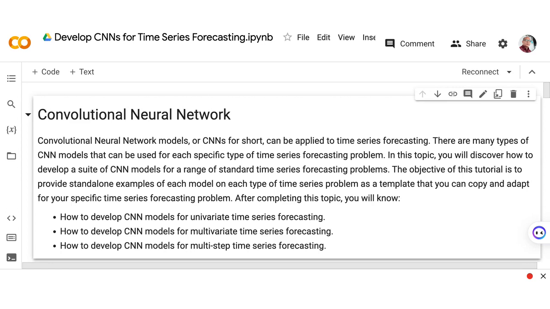Then we have self-driving cars, and there are applications of CNNs for self-driving cars, perhaps for object detection. How do these cars, especially self-driving cars, detect objects? Well, some of them are using the CNN model. It's also used for speech recognition.